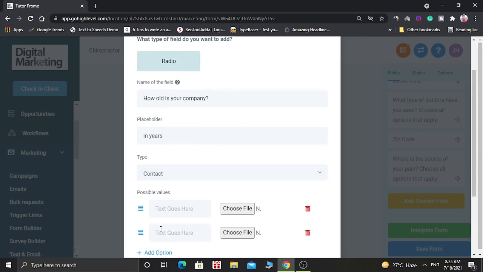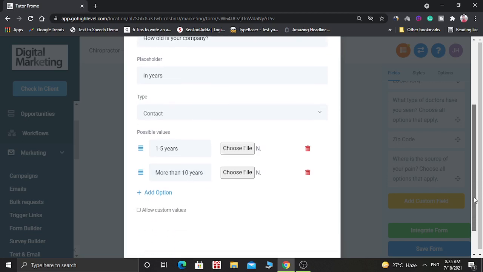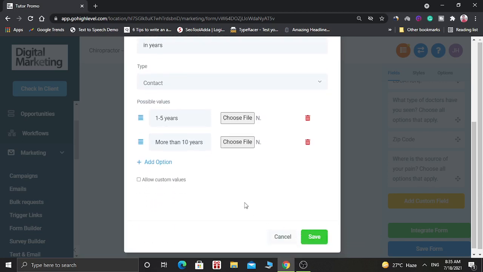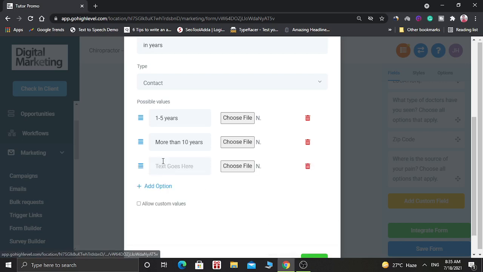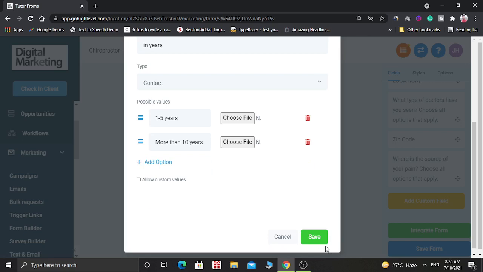You have to add the options. First option, you have to type it here. Second option. You can add multiple options, but for this example we are adding two options and click on save.